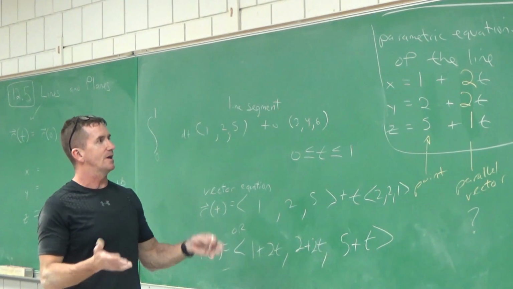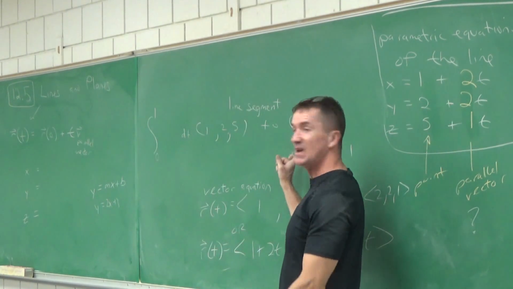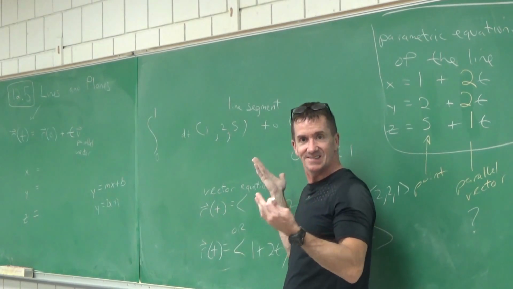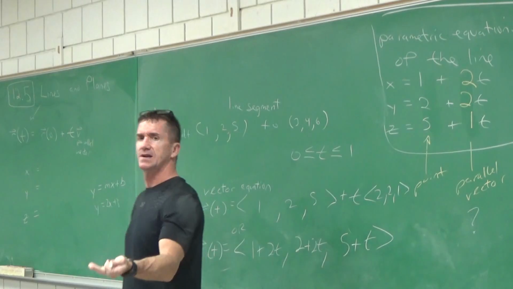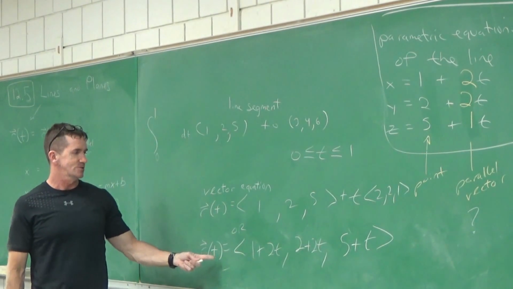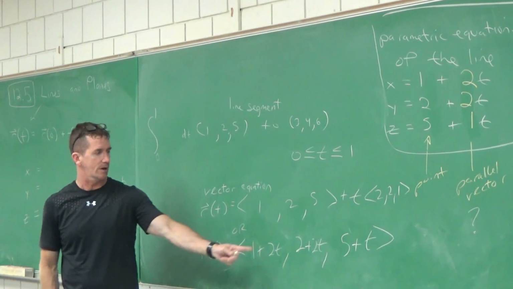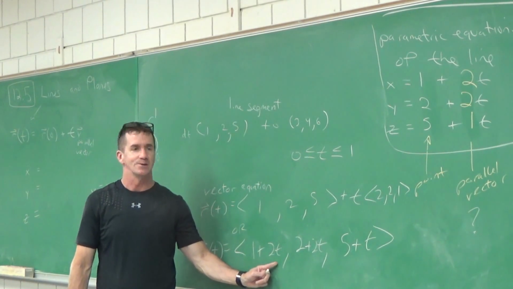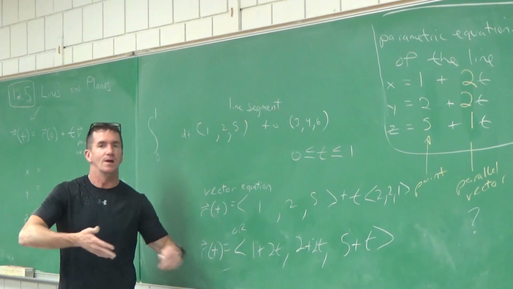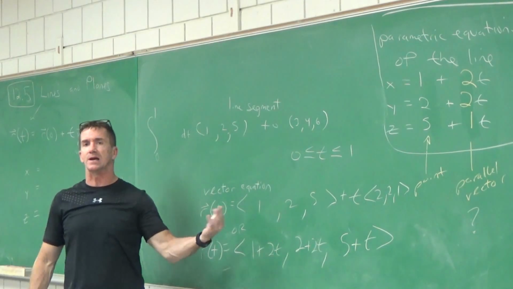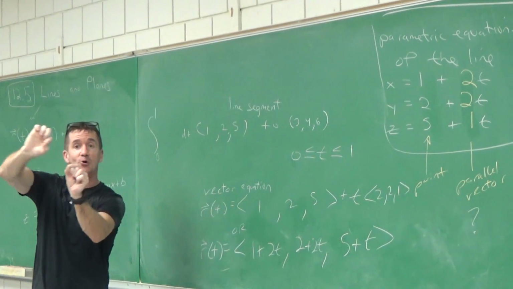But I wanted to point out, as long as you did this tip minus tail method to get the parallel vector, it would always be from 0 to 1. Every time. That's what would happen. And by the way, if you ever wanted to find like 5 more points on this line, what could you do? Just make up other t values, right? Use t equal to negative 10. Use t equal to 15. Use t equal to 2. You could find an infinite amount of points on this line by just making up values for that parameter. Does that make sense? And there it is, that line going through 3-dimensional space.